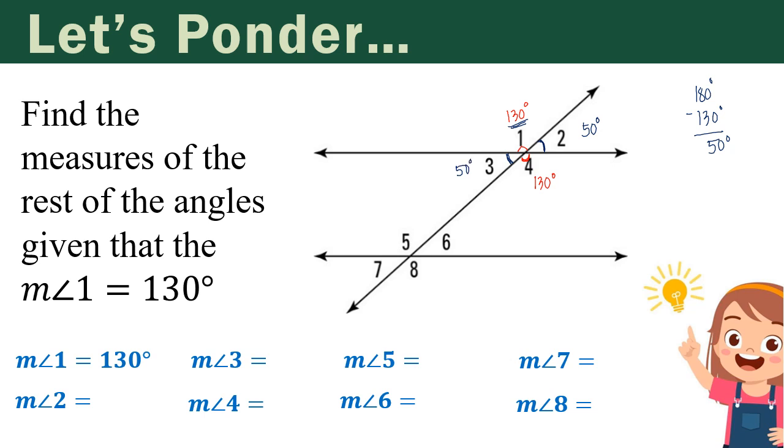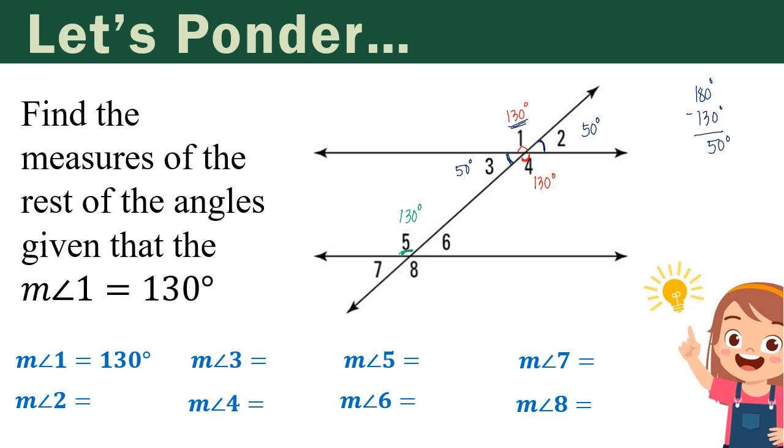Alright? Now, moving on to the next application of our previous definitions and terms. A while ago, we mentioned that corresponding angles are congruent as well. Now, in the illustration, look into a pair of corresponding angles. Angle 1 and angle 5 are corresponding angles, right? So, if angle 1 is 130, then angle 5 is 130 degrees as well.